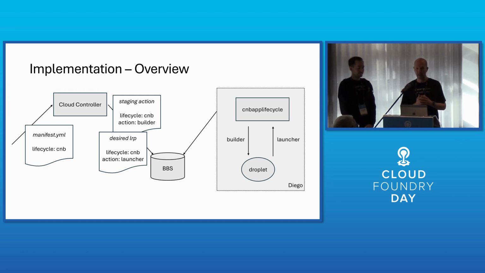Mainly a different lifecycle is used, and the action is either builder or launcher. Then later on, Diego on the right side can pick it up on BBS and know that another lifecycle should be called, either with the builder, in which case the lifecycle would create a droplet, or a launcher would be called,